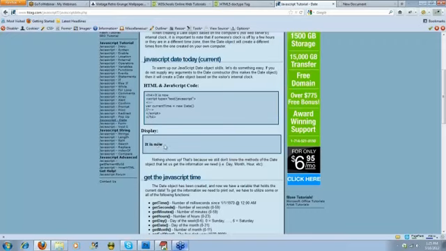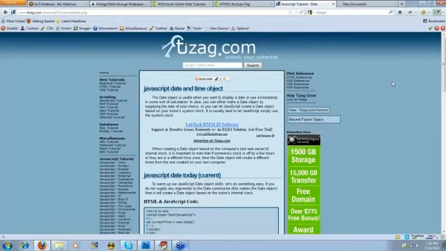The current date, and it's not even working. I thought that one was working. Yeah, it looks like it's broken. We'll include a snippet